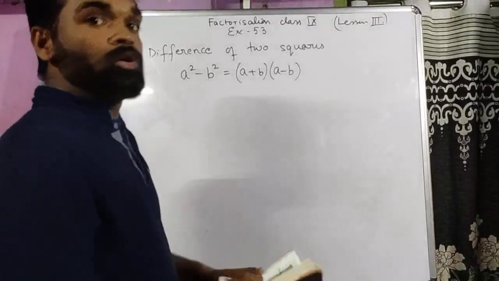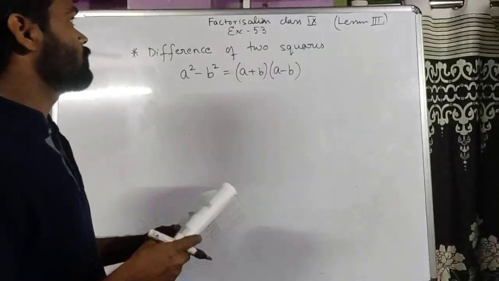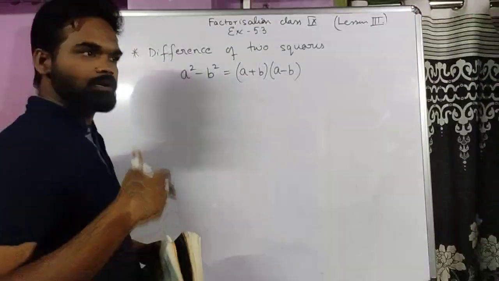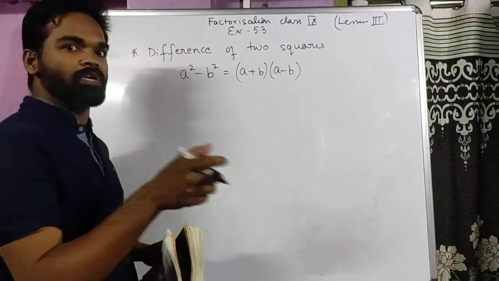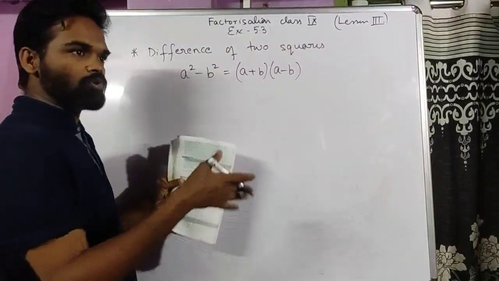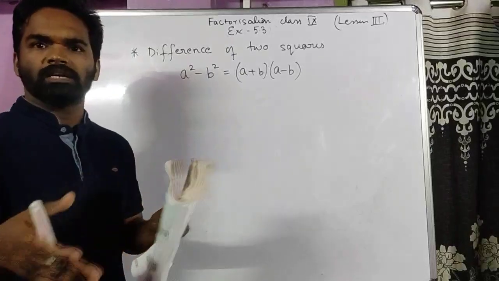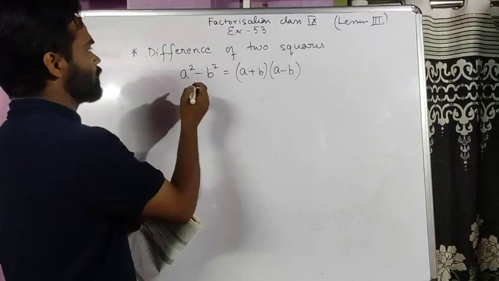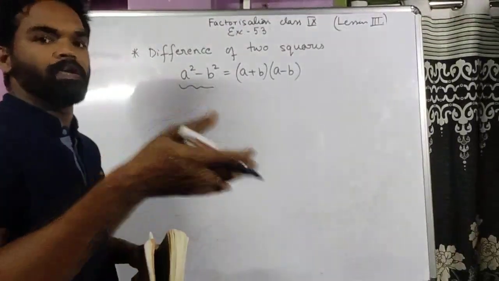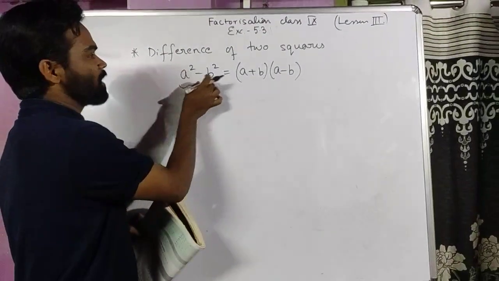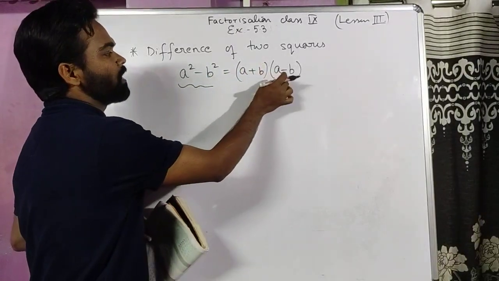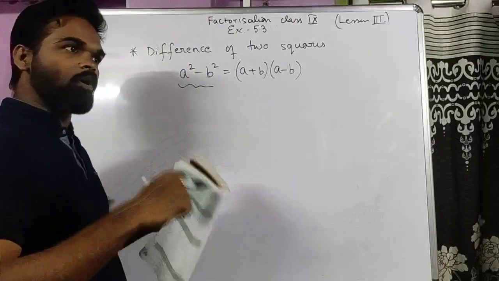Hi class. Today we'll continue with factorization. We have discussed earlier two ways by which we can factorize a given polynomial expression. One was grouping and the other was by taking common factors. This is a third way. Whenever you have a polynomial expression in the form of a square minus b square, we can say this is equal to a plus b multiplied by a minus b, which we have already done